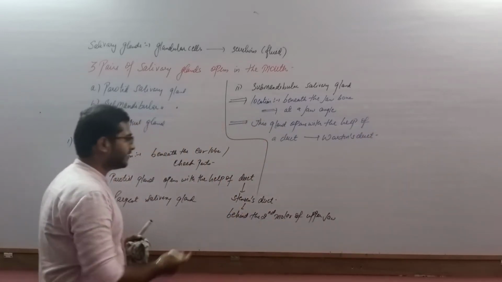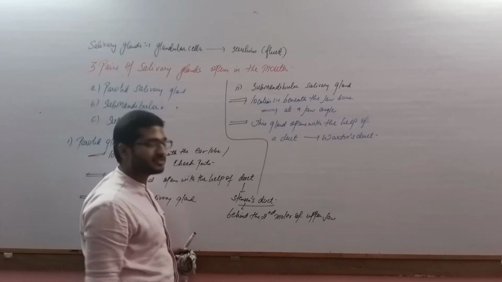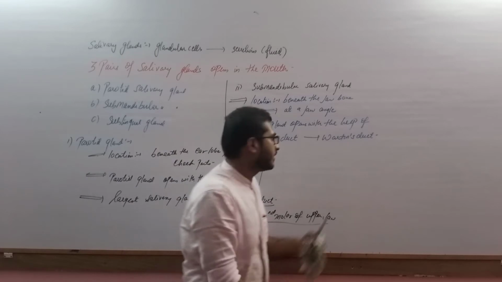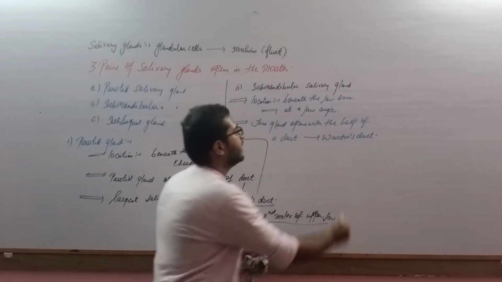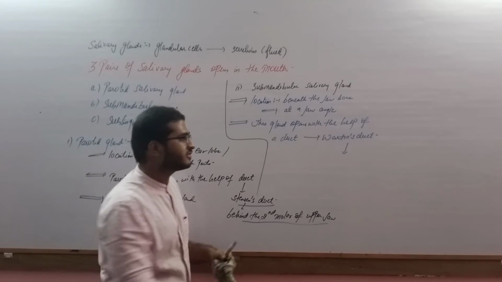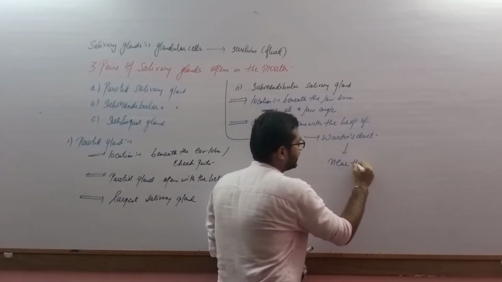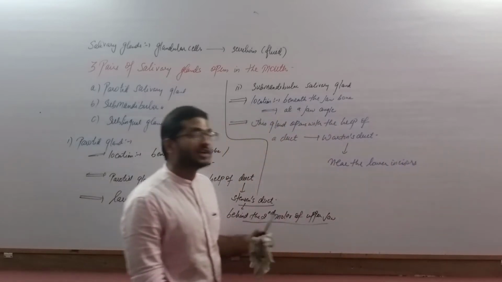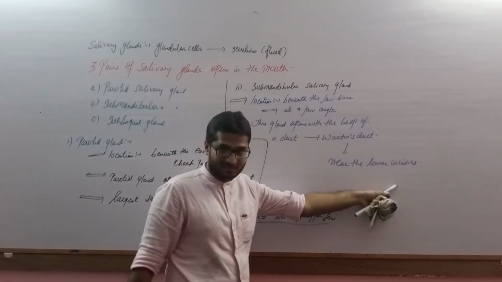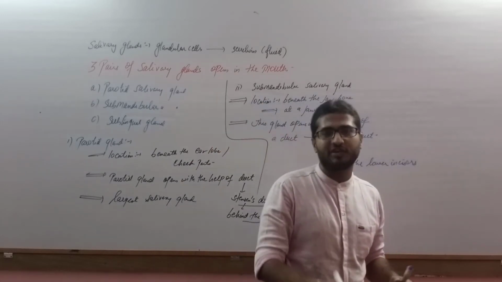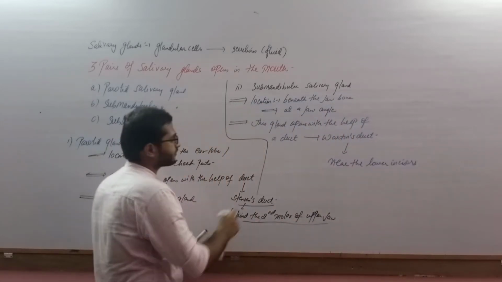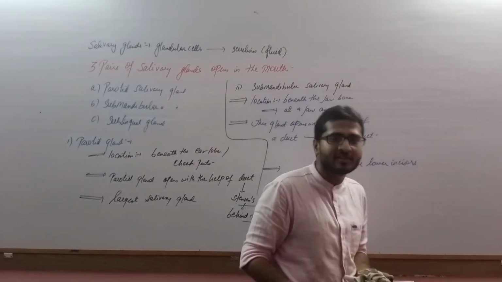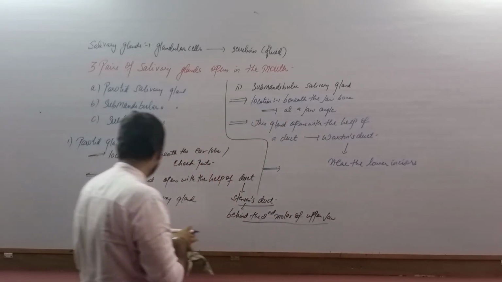Now, the duct of the parotid gland is Stenson's duct, and it opens behind the second molar of the upper jaw. So where will this Wharton's duct open? This duct opens near the lower incisors, in the buccal or oral cavity, that is the mouth. Clear? The third main important feature of the submandibular submaxillary gland is that this is a kind of intermediate gland,